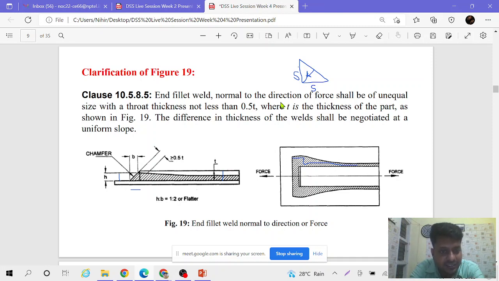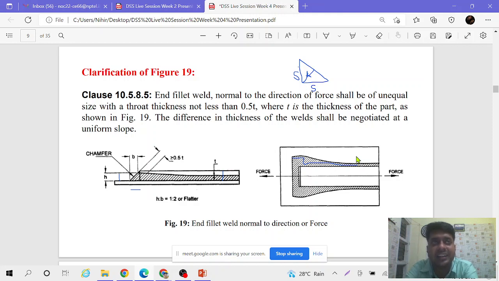Because when you are going flatter, they have kept one restriction on how much flatter. So that's why it has been imposed. Further, I want to give one more concept here. In our bolted connection or in welded connection, we are assuming in our assumptions that every bolt will take equal stress, and every portion of the weld will experience equal stress.